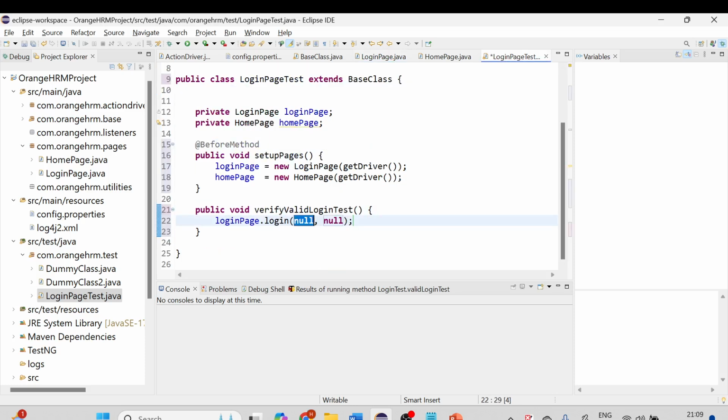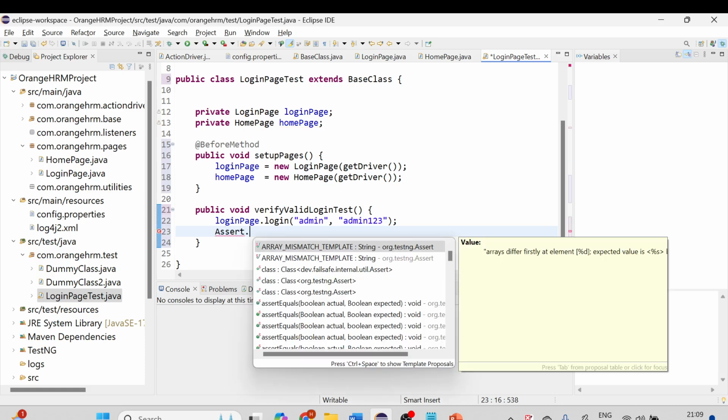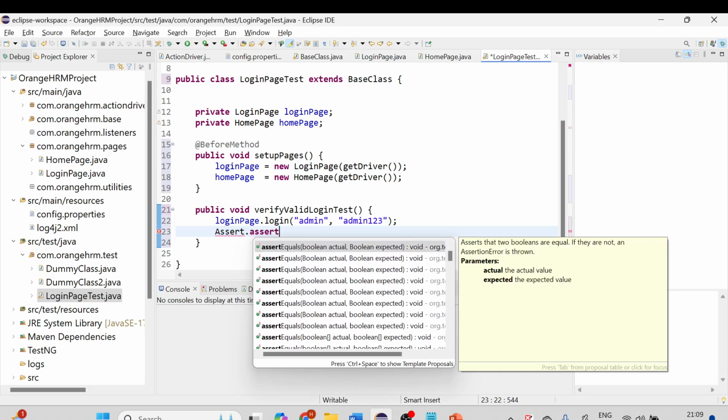Now here I'll pass the actual username and password. Later on we'll parameterize, guys, don't worry about it. So login page dot login admin, and admin123 is the password. Correct. Now we'll assert whether we are able to log in or not using Assert class dot assertEquals or